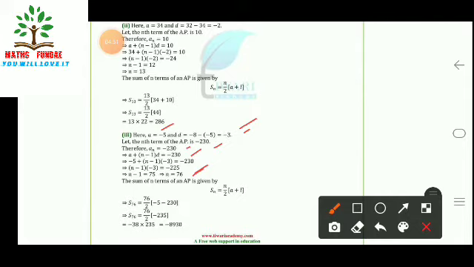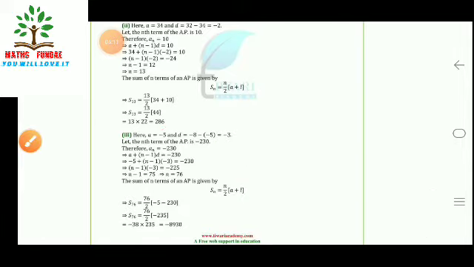Now again using the same formula, finding the Sn, that is n upon 2 (first term plus last term). So we have here S76 is equal to 76 upon 2 within bracket (minus 5 minus 230). On solving this, we are getting S76 is equal to minus 8930 as the answer.